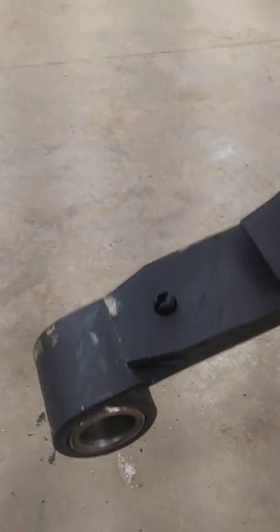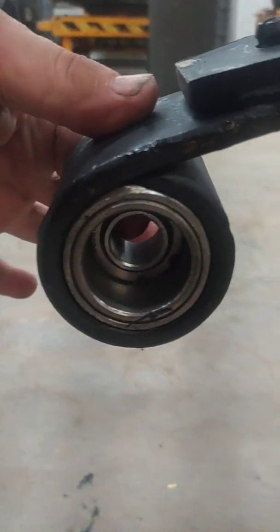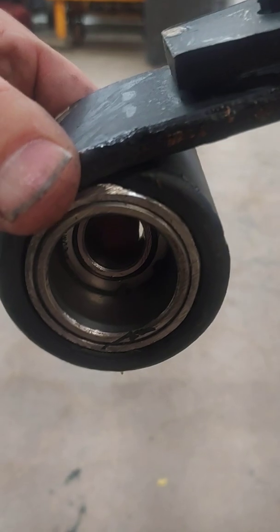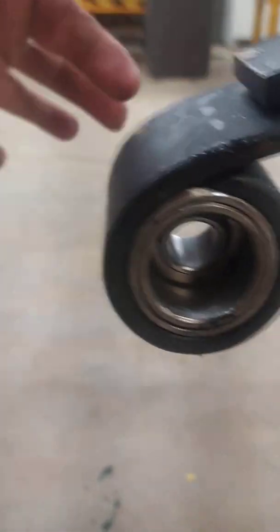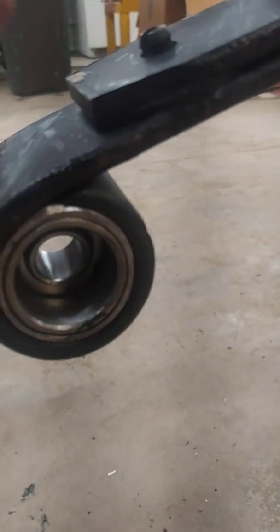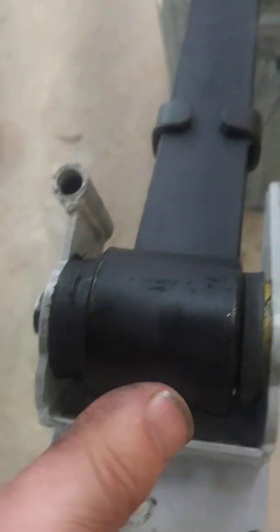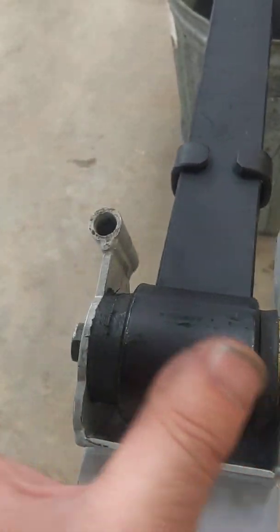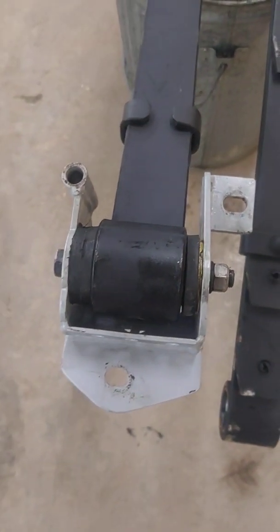The front of these comp springs have a spherical bushing in it right here, and you can see that's the same as is in a Heim joint. It rotates. It's got 2 pins that come into it and grab it there, so that once it's in this with the rubber, it does allow the spring to move just a little bit and take the bind and stuff